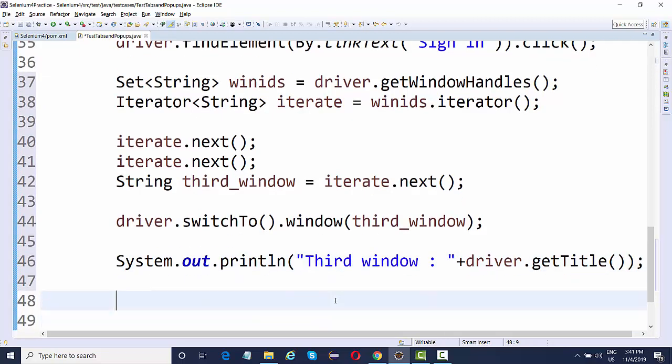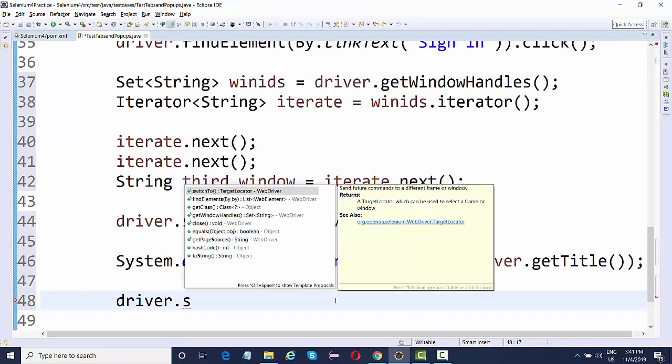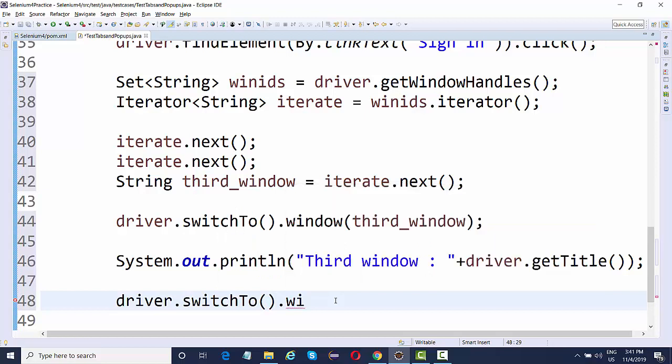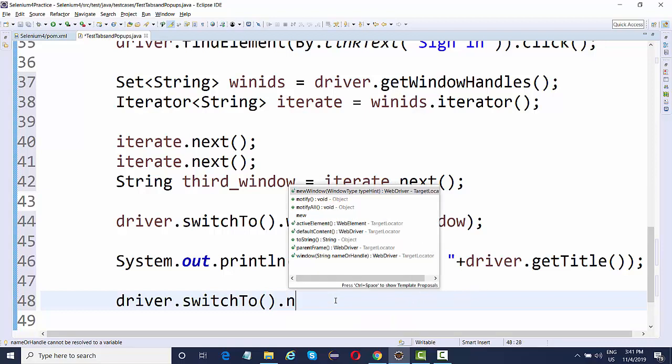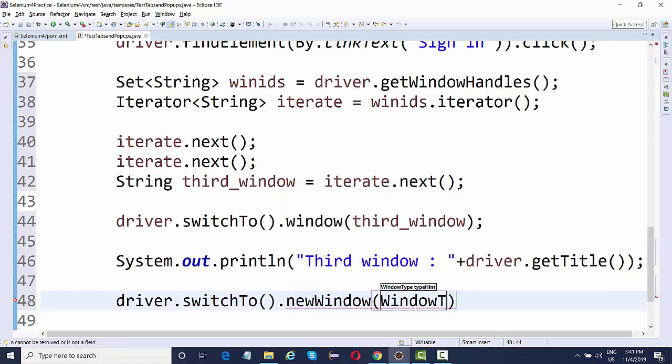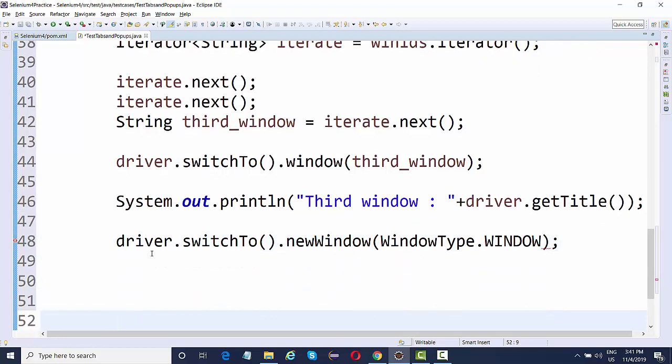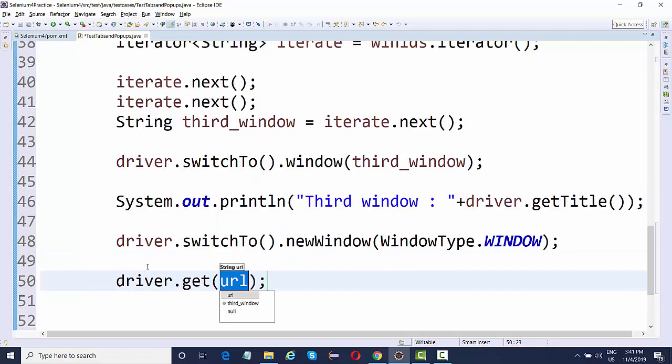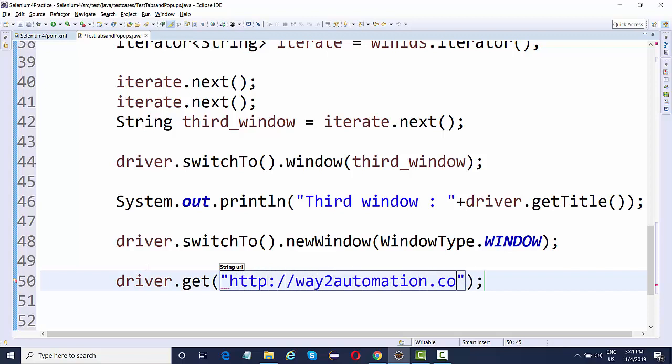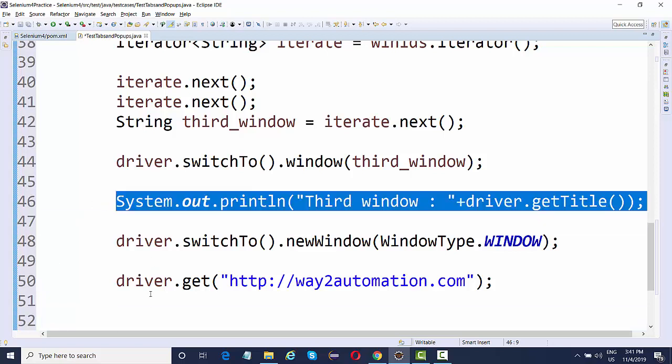Now after getting the title, I want to launch another new window. So I can again say driver.switchTo().newWindow, and I'll say WindowType.WINDOW. So this is going to launch a new window, and then I'll again get the title. I'll first navigate to, which URL I'll navigate to, http://way2automation.com,